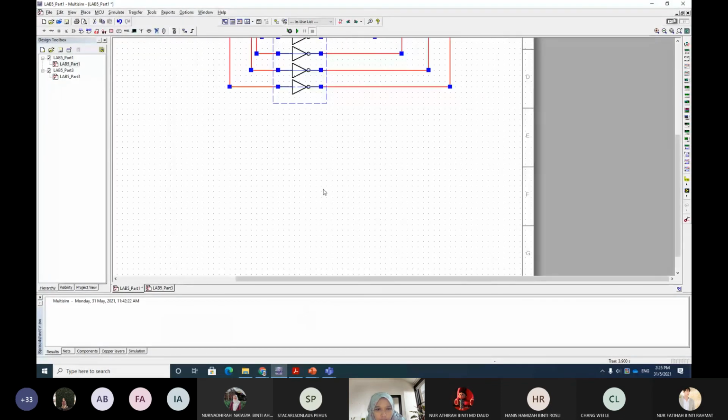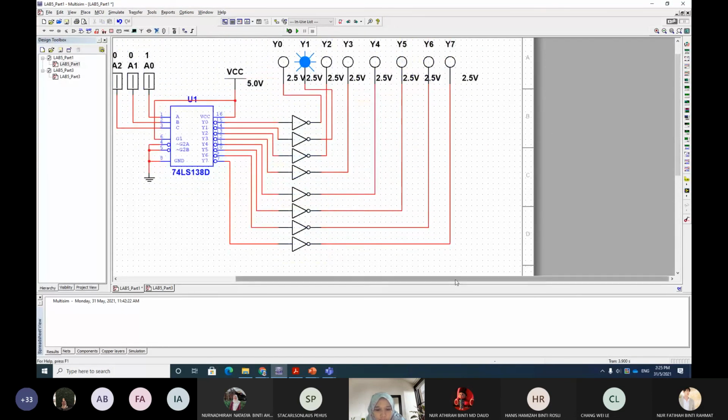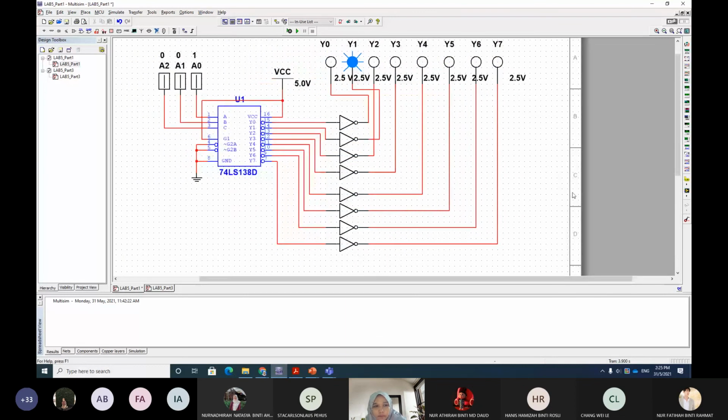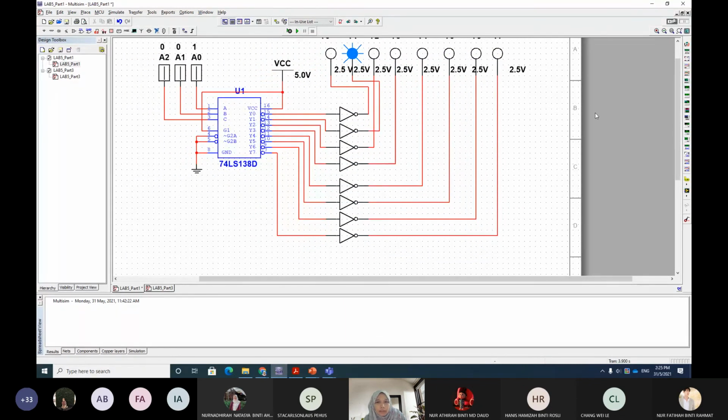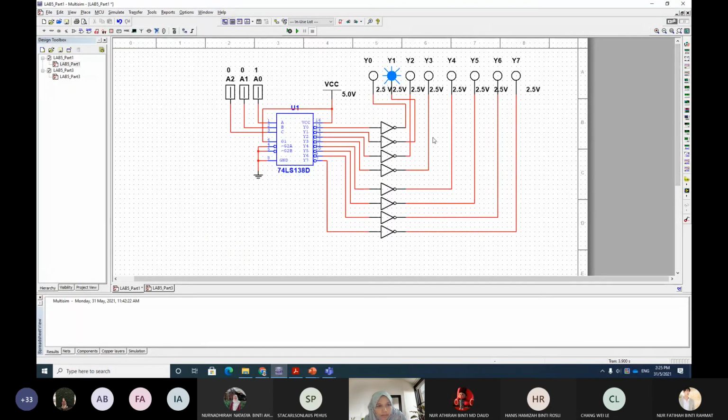Kalau you ada Multisim, you boleh guna Multisim. Kalau tak ada, you boleh guna yang live version dekat logic sim tu. Alright, so here, can you see my screen of Multisim now? Boleh. Yes. Alright, so this is the example of a 3 to 8 decoder, where we have 3